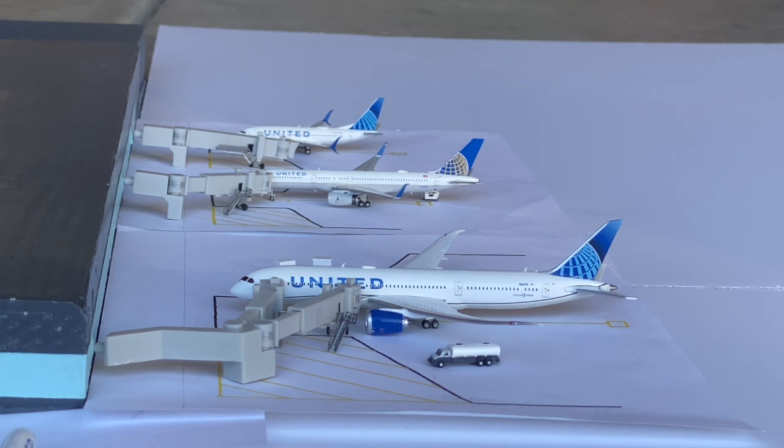And currently in the middle is this United Airlines Boeing 757-200 in the Continental Globe colors. This aircraft arrived from Newark Liberty at 3 p.m. and will be heading to LAX at 4 p.m. And currently at Gate Alpha 12, we have this United Airlines Boeing 737-700 in the Evo Blue livery,